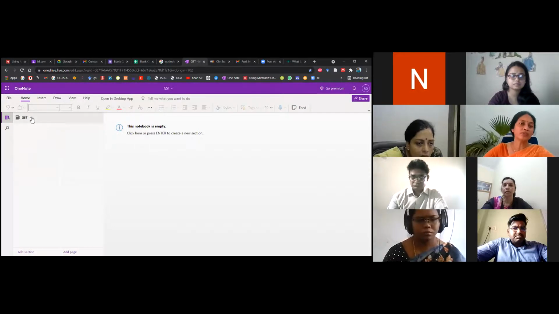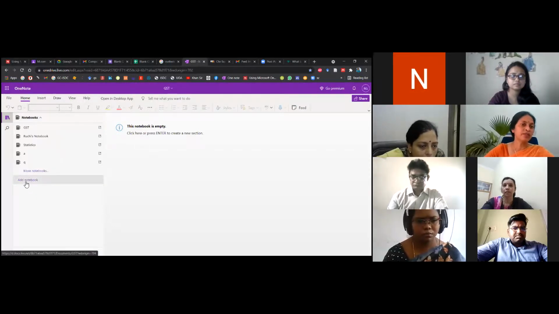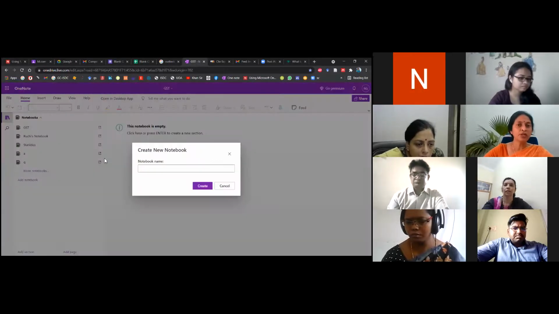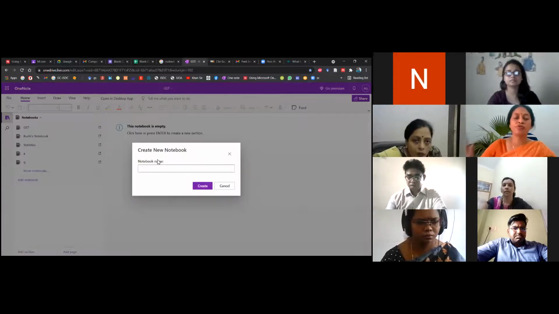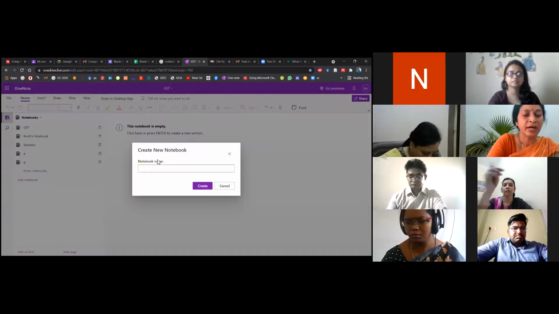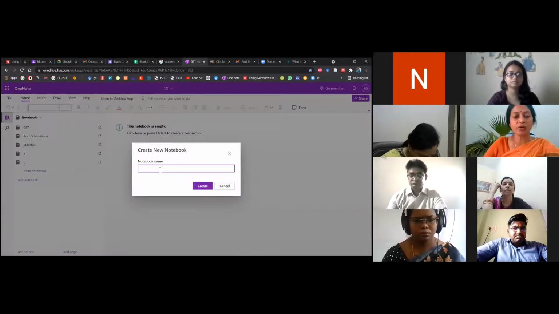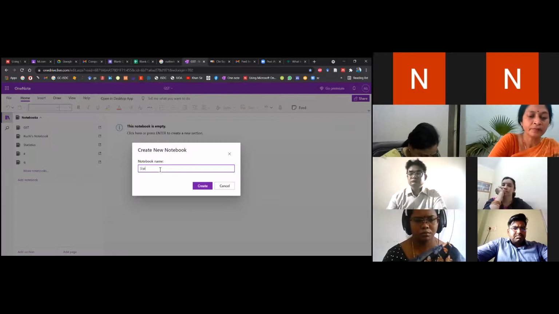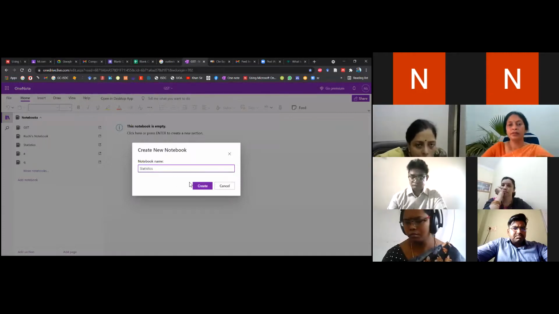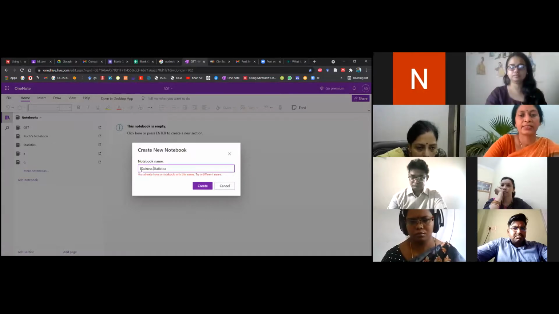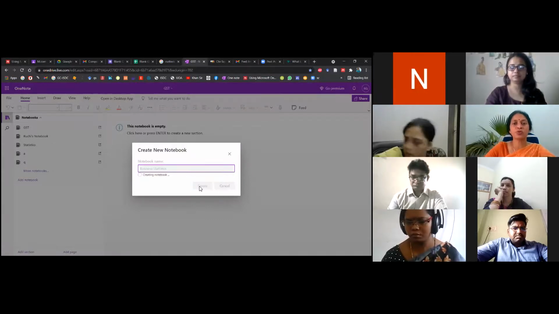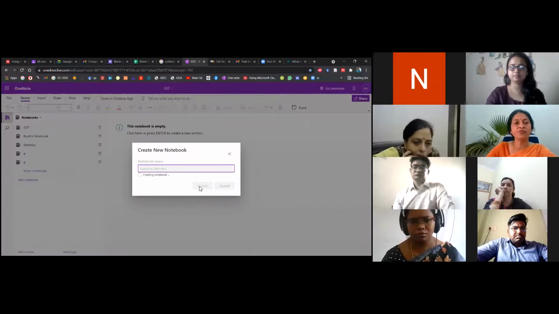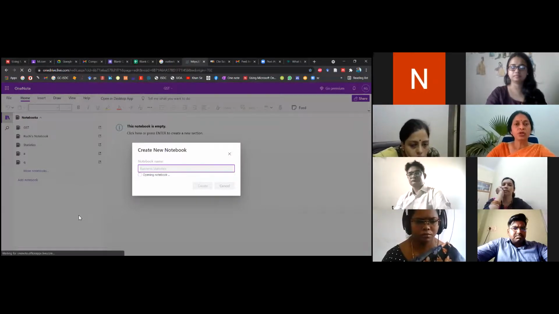And once you get to this screen, you will see on the left-hand side there is something written as add notebook. Once you click on this, you have to create a new notebook. For example, I'm taking a statistics class, so I want the study content for statistics. I have created one book named business statistics, because the common names were already taken. So you have to have different names for creating every new notebook. So a notebook will be created.